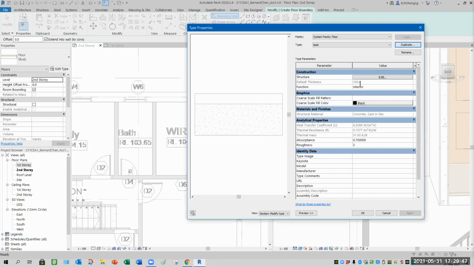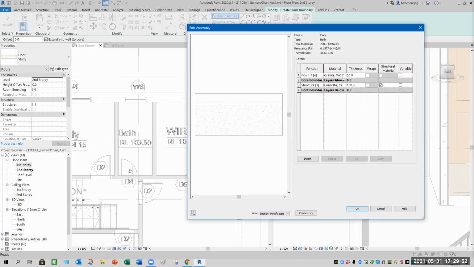Then interior 200. Okay, we got to edit, double check. This is granite. You guys prefer tiles or granite? If granite, then we can leave it the same. No change. Okay. Yeah. Unless you want to put tiles, then have different component on top. That is good enough. Okay, if you want to do that. So green color a bit weird. All right, so